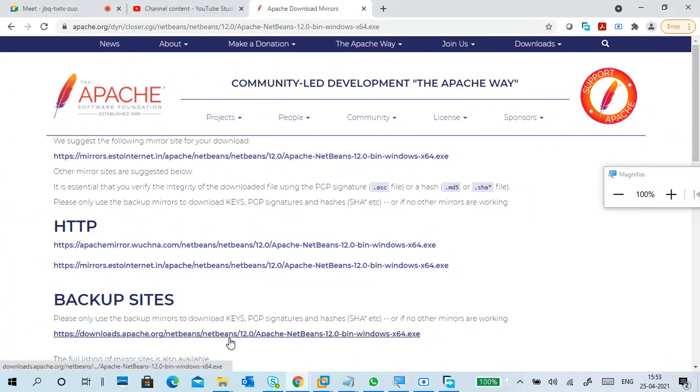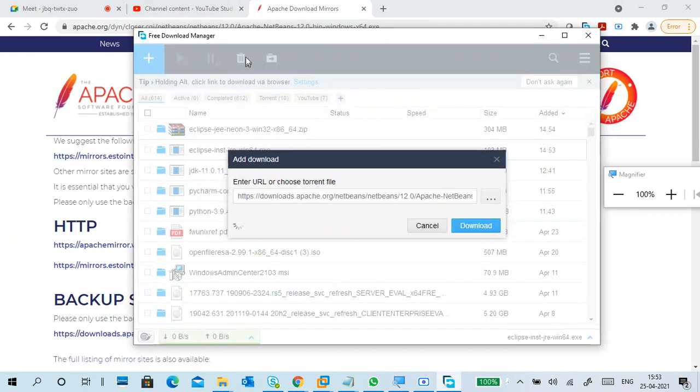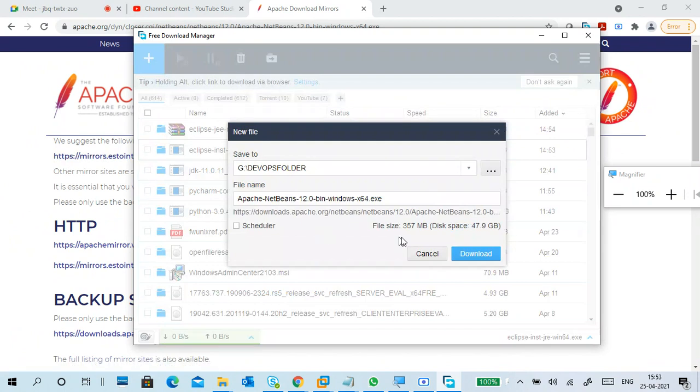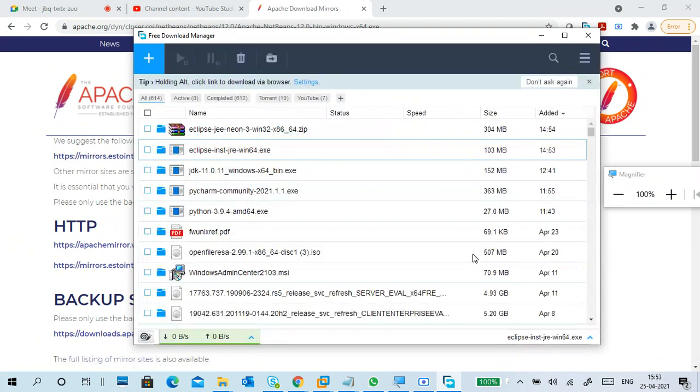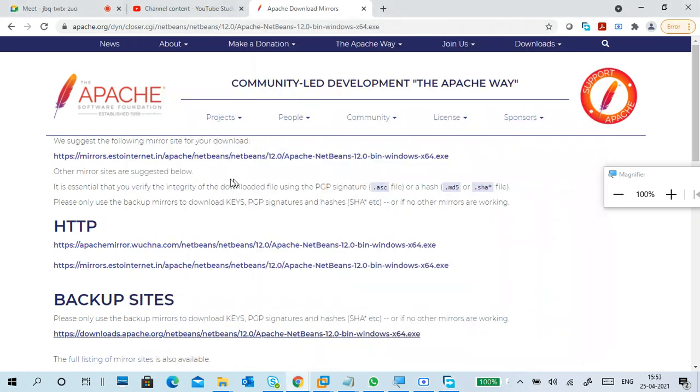So I will download from here, backup sites. It may take a little bit of time, but it's okay. And the suggested site is also there. This time we can directly install it from our shared folder also, no problem. Or you can download it from here.